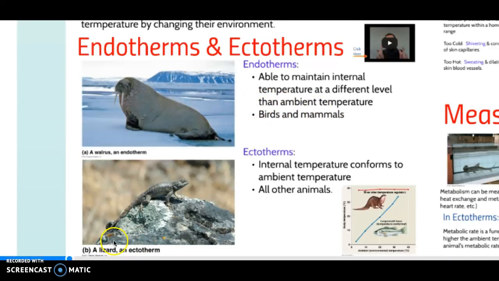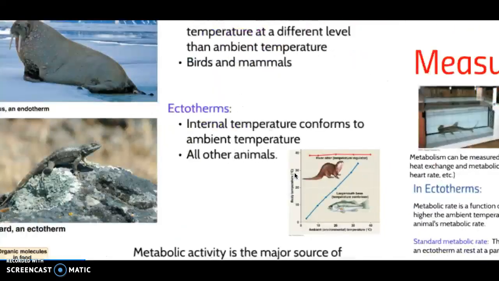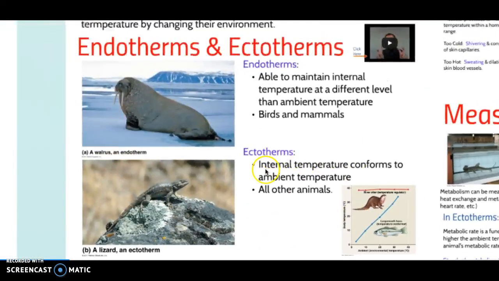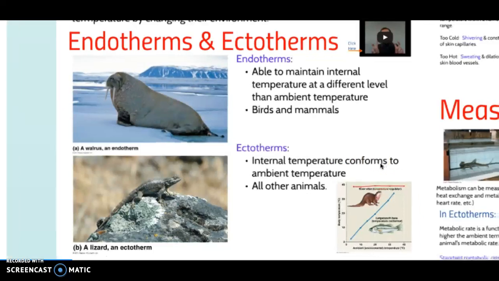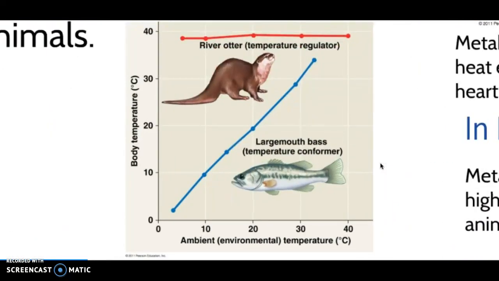Ectotherms are the cold-blooded animals. An example would be a lizard, snake. A lot of amphibians are ectotherms. Their body temperature is about the same as the environmental temperature. And we say the internal temperature conforms to ambient temperature. Thermal conformer is the ectotherm. In this graph, it shows you how a body temperature of a certain type of animal